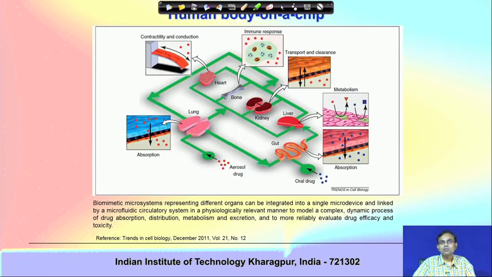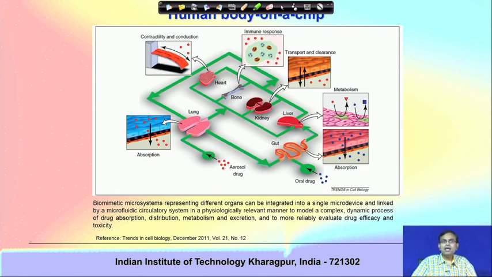And then what else? Eventually we plan for some research which has already been initiated globally, called human body on a chip. It might appear to be like science fiction, but it is not literally a human body on a chip. All of us understand that when there is a treatment of a particular disease going on, it could have side effects on other organs for which the treatment is not targeted. For example, a toxic chemical as a drug could have an adverse effect on the liver or kidney.